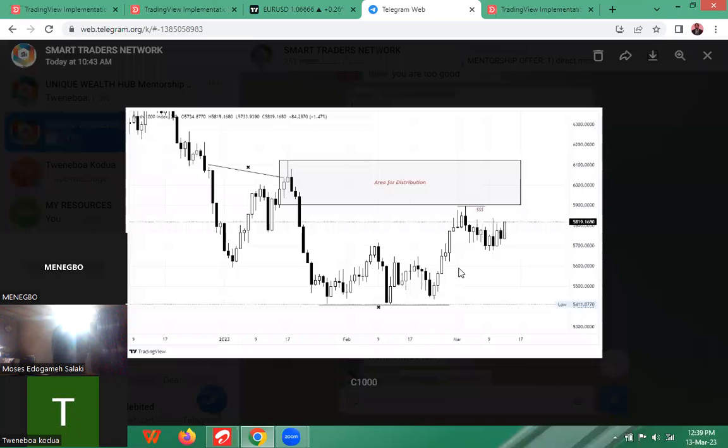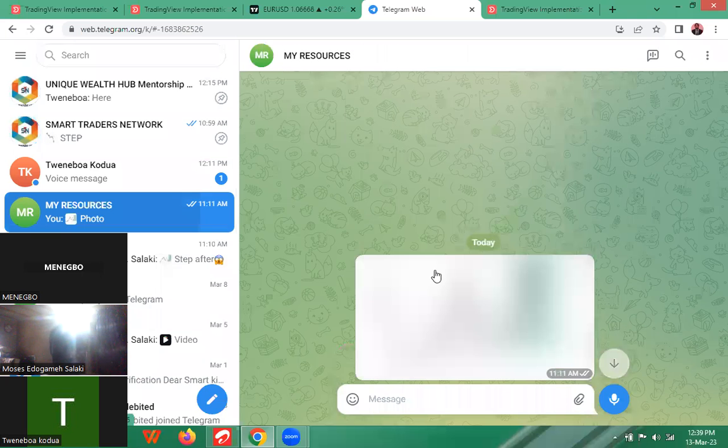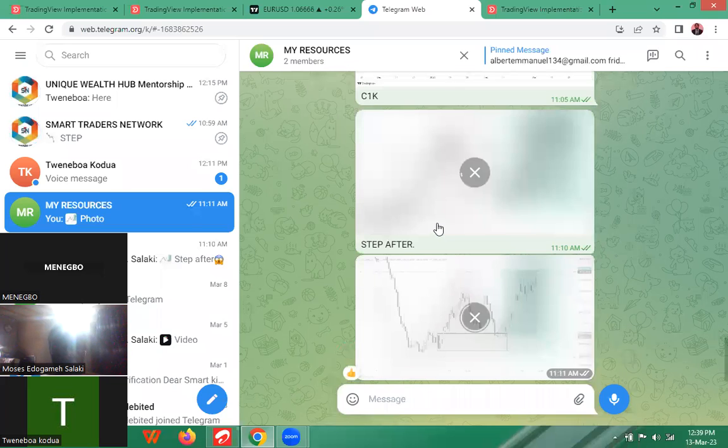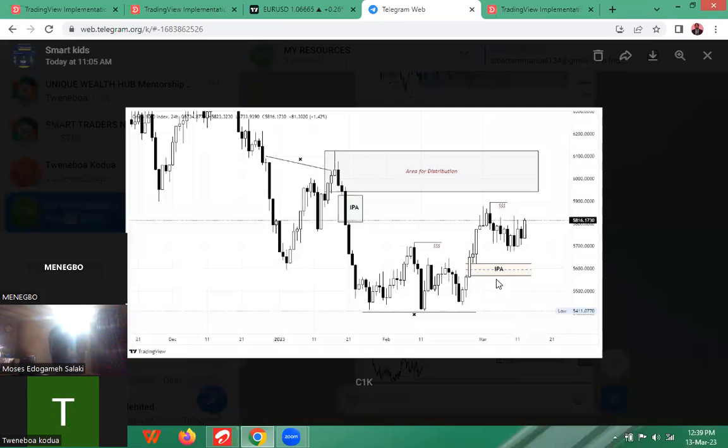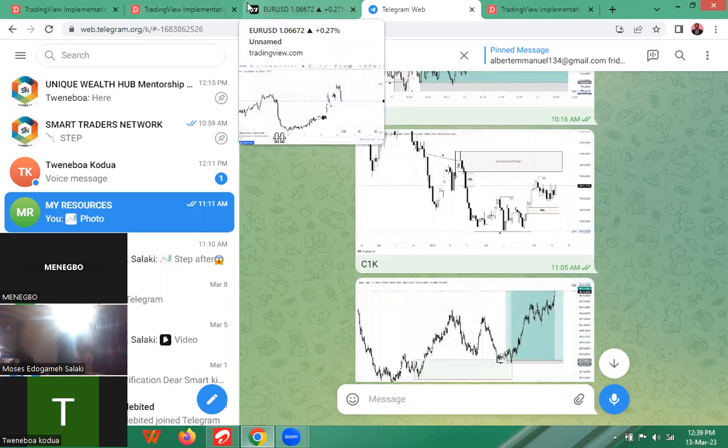So I didn't align it here, but I think I did in my resources. Okay, look at it. I did in my resources. What I marked out, I'm expecting it to come here and play out. So if it comes here, I'll buy up. If it comes here, before it comes here, I'll sell. But these are liquidities I'm hoping should be captured. That is that for Crash